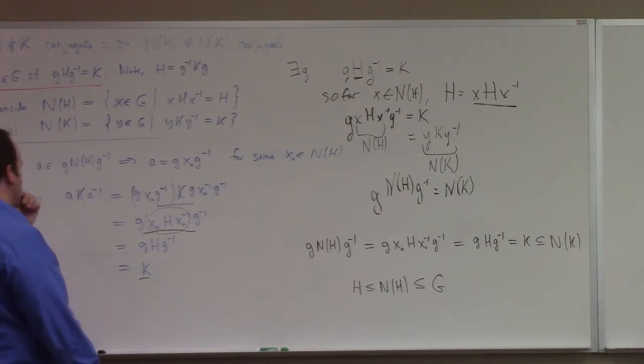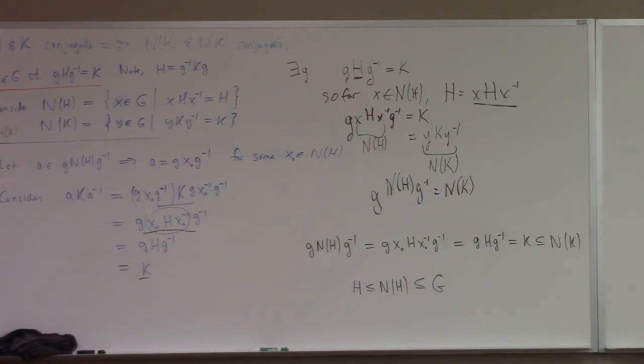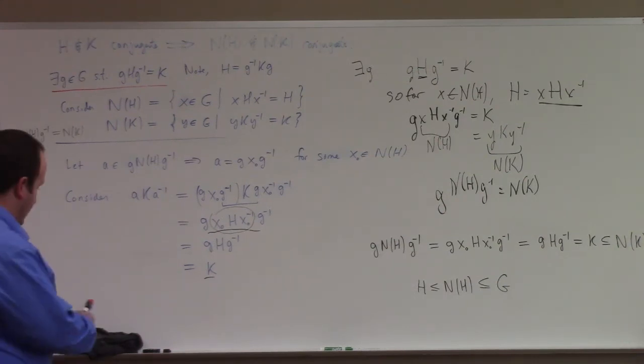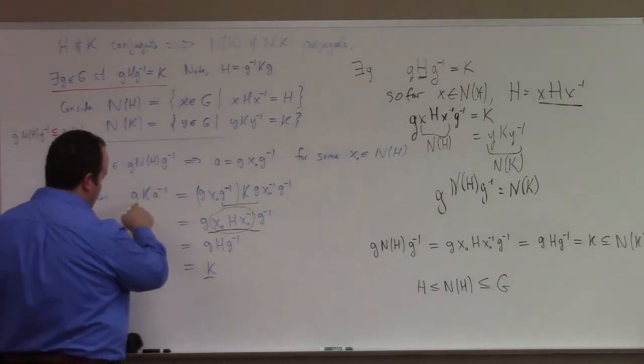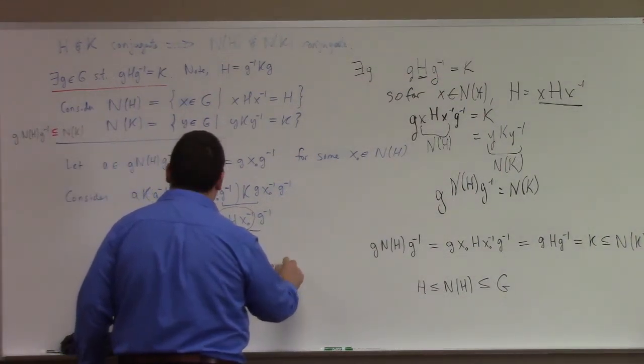But I feel like I didn't show that K is equal to A inverse. That's what's needed to show that A is actually in. Now, all my argument does not show that. You notice that my argument does not show that those are equal either. At the moment, my argument just shows that G normalizer of H, G inverse is a subset of N of K, right? This whole argument just shows that because this means that A is indeed an element of